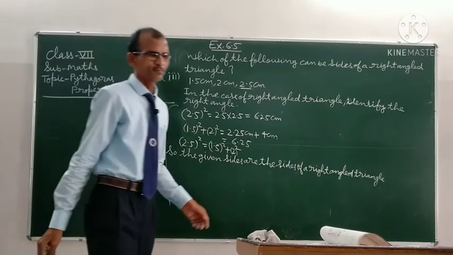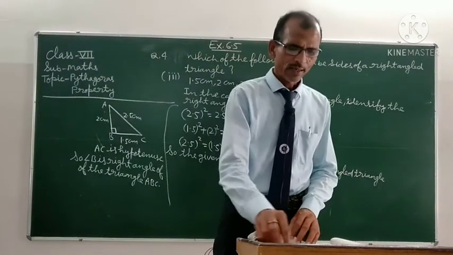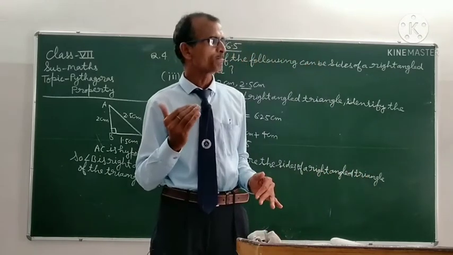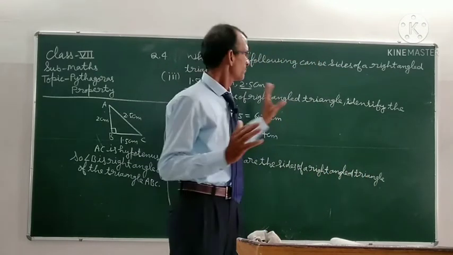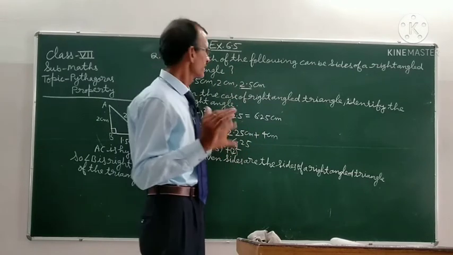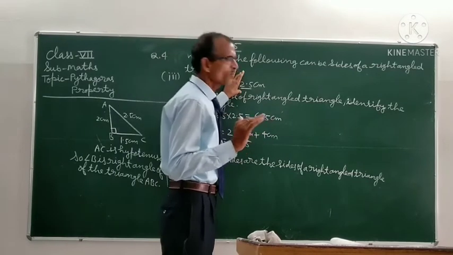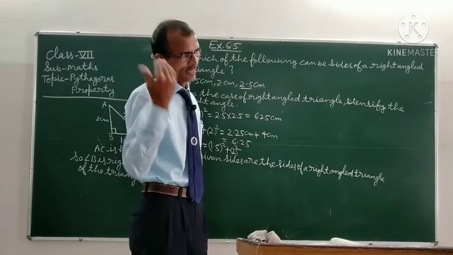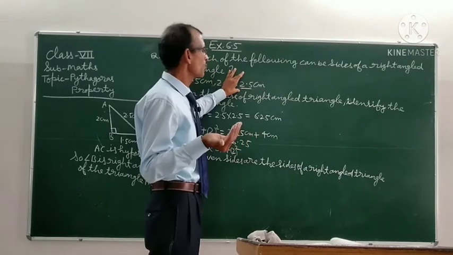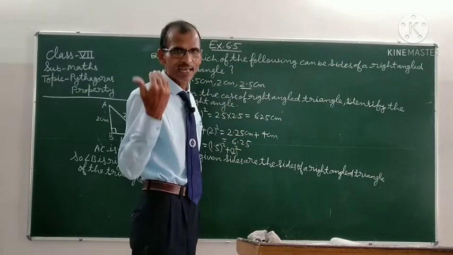Now, if the given sides are not sides of a right angle triangle, then you need not tell the राइट एंगल ऑफ द ट्रायंगल। ट्रायंगल अगर राइट एंगल ट्रायंगल की साइड नहीं है तो आपको राइट एंगल आइडेंटिफाई करने की आवश्यकता नहीं है। ओके,